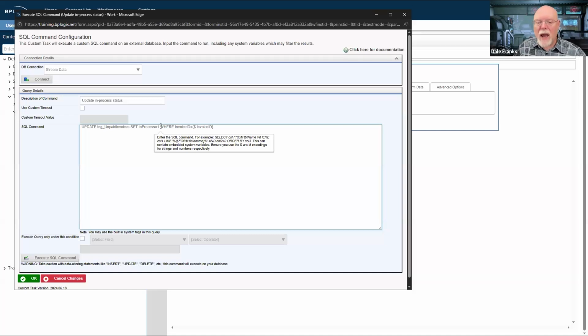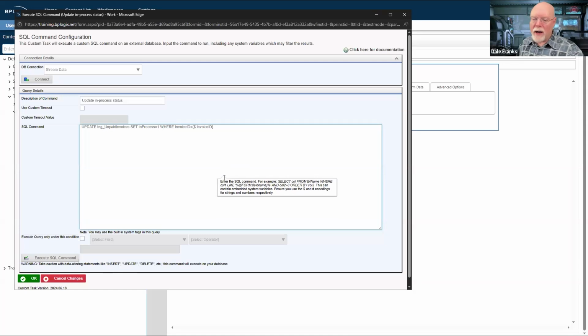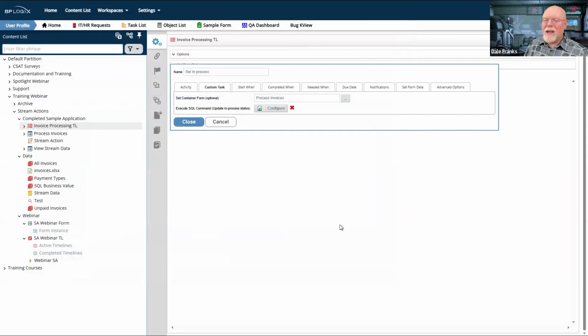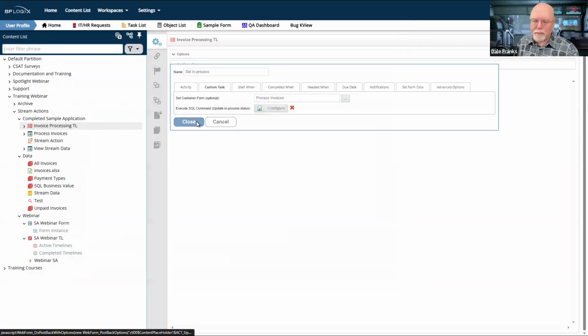So by setting its in process flag as 1, any record that I've previously brought into the form is ineligible to be returned by the original system variable. This lets the system know that that particular invoice is now in process.